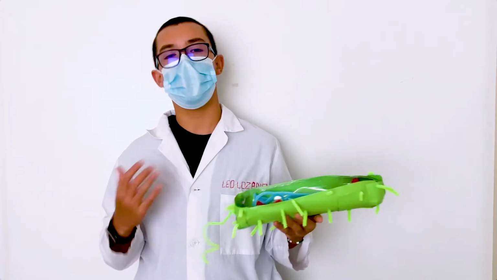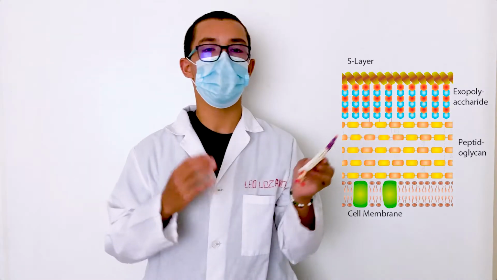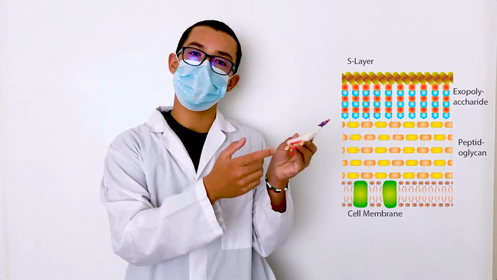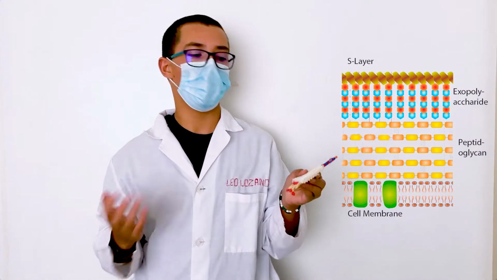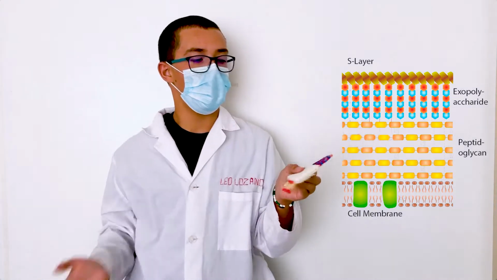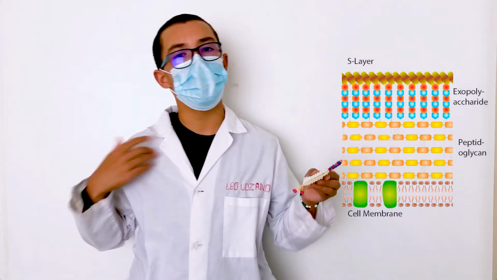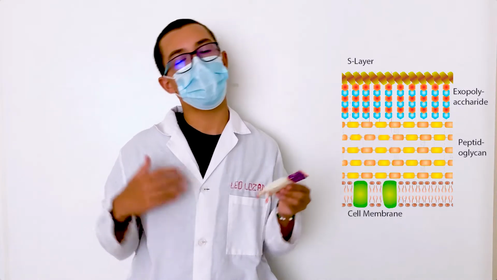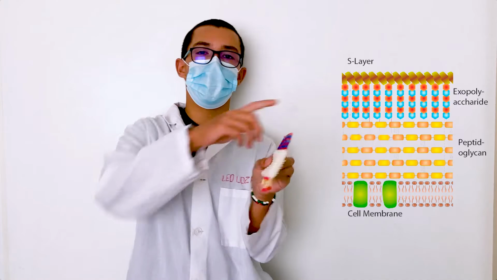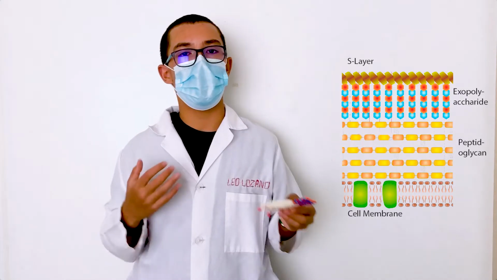The cell envelope structure also has some distinctive characteristics. The cell membrane is composed of lipids, phospholipids, and proteins. The cell wall only has a thick peptidoglycan layer, but in the capsule we find a layer made up of exopolysaccharides with some complex functions, and we also find a layer called the S layer that is made up of